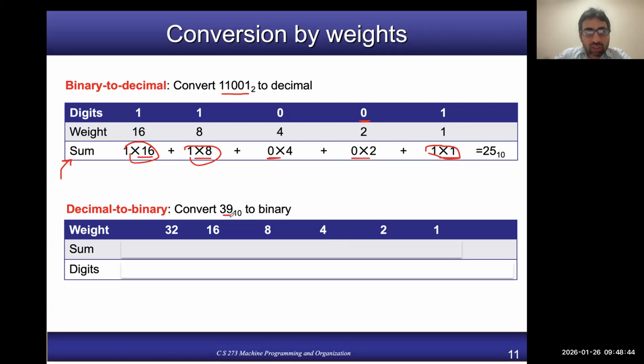So let's go back to the example. You have 39, so you write the weights until you reach the largest weight which is smaller than your number. So you reach 32. Now, what you do is you keep the 32 because it is the closest weight to 39, right? So then 39 minus 32 is what? 39 minus 32 is 7, right? So the number which is left, let me write it here, 39, and then I kept this weight. So 39 minus 32